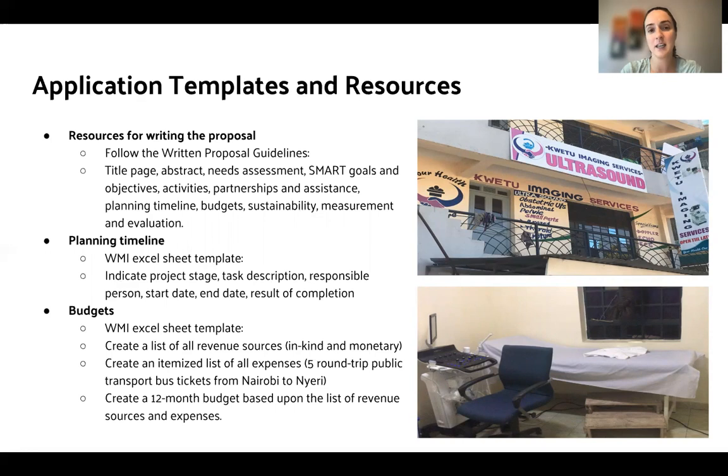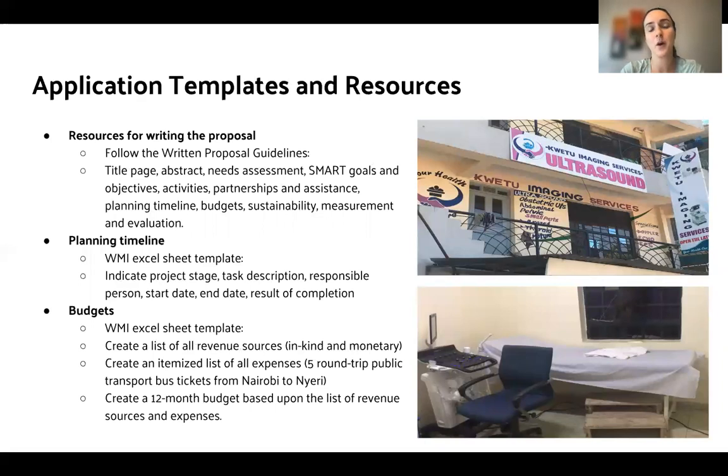So if you know that in the budget, you will have expenses related to transportation, please outline specifically 5 round-trip public transportation bus tickets from point A to point B, or 10 notebooks, 10 pens. By itemizing, it will make your budget much more clear to the reviewer what you are seeking the funds for or what you are expecting you'll incur as expenses.